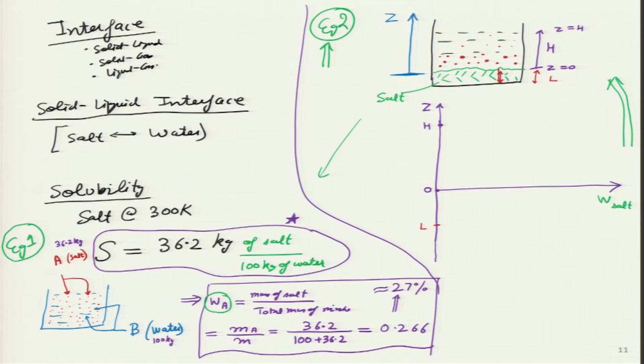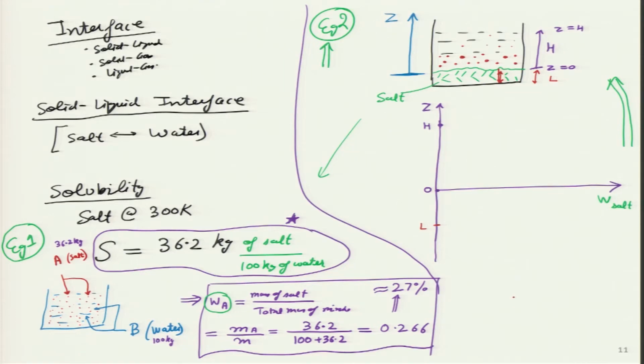What I am plotting on this one is actually a slightly tilted plot. Usually we plot a parameter on the y axis, you remember temperature as a function of distance. Here we have reversed it: we are plotting concentration or mass fraction of salt on the horizontal axis, and distance we have kept vertical. Why? Because I want to match this exactly with the schematic that I have drawn over here. This is my schematic, and this H and L we can clearly see, height of liquid, height of the salt. Let me start to draw this plot.